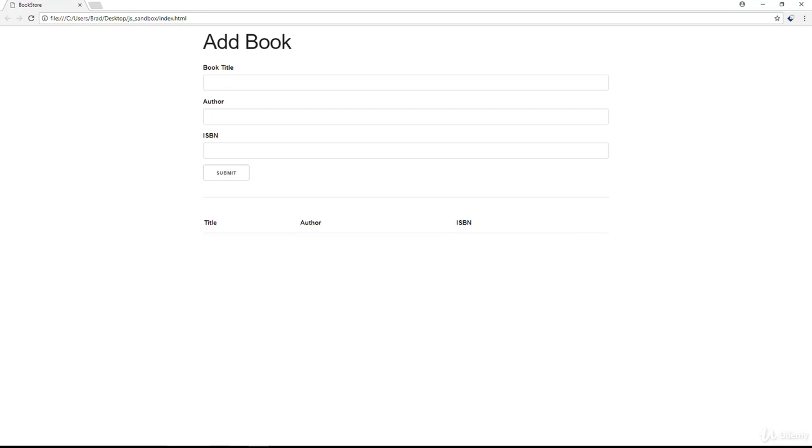Alright guys, so in the last section we looked at object-oriented programming in JavaScript. We looked at both the ES5 syntax with constructors and prototypes, and we also looked at ES6 classes. So what I want to do now is build a little project using everything that we learned in that section, and we're going to first build this application with ES5's prototype syntax, and then we're going to reformat it to use ES6 classes. So that way you can see the same exact application built both ways and you can kind